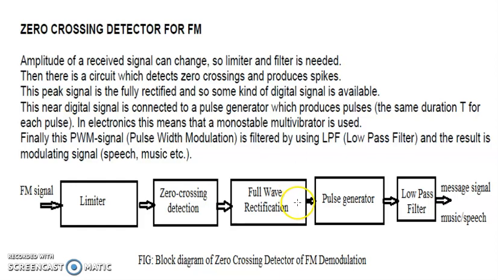The output of this full wave rectifier will be the complete digital signal having 0s and 1s, and the pulse generator will receive those digital signals, and according to each high signal, it will generate a pulse of equal width which will pass through